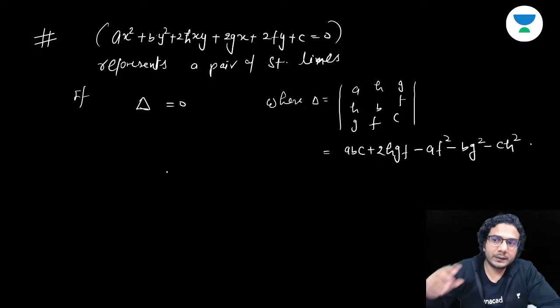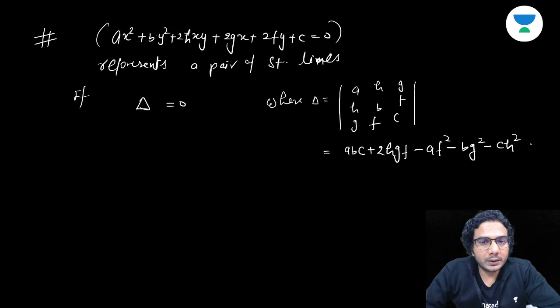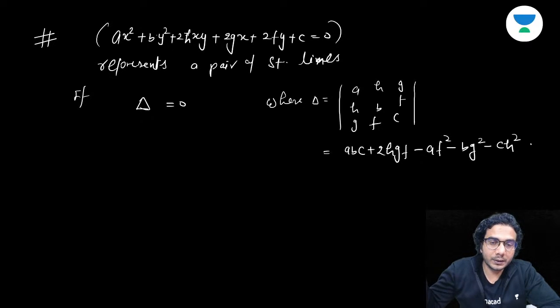So see, this delta is a very important point. First of all, delta should be 0. If delta is 0, then this equation represents a pair of straight lines. And if delta is not 0, then it will be either a circle or maybe an ellipse or maybe a hyperbola or parabola. Okay, so any other conic. This 2-degree equation will represent the remaining curves. And further conditions will be there to differentiate between parabola, ellipse and hyperbola. But for straight lines, delta should be 0. Okay, delta is 0, then it's straight lines.